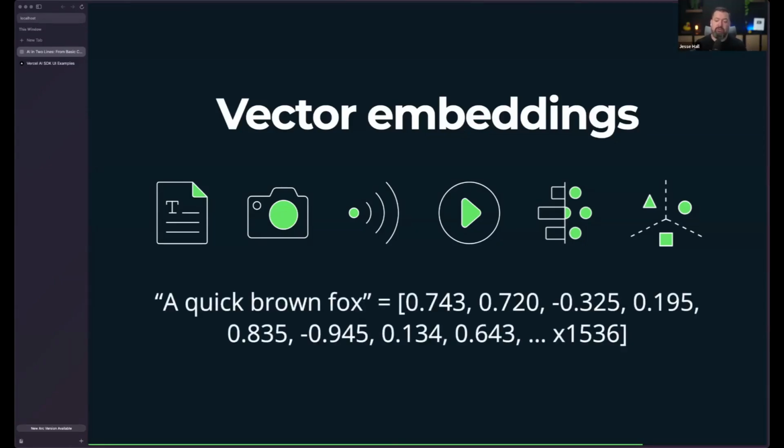So if we take a quick brown fox, for instance, this translates into an array of numbers, and a common amount of numbers is 1,536. So we're not talking about 3 dimensions, we're talking about 1,536 dimensions. So you can imagine how much more data can be stored in this type of multidimensional space. Now, a caveat here, a side note, is when it comes to vector embeddings or the amount of dimensions, less is more. And that can be a whole other talk. So we're not going to really get into that. Just put that in the back of your mind. Less is more when it comes to the amount of dimensions that you want to choose.